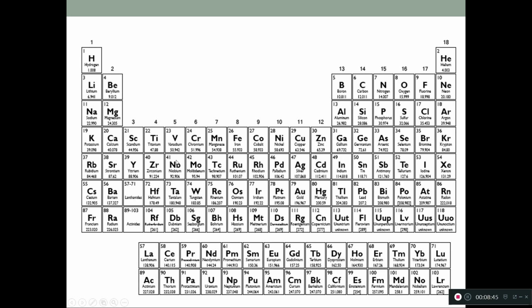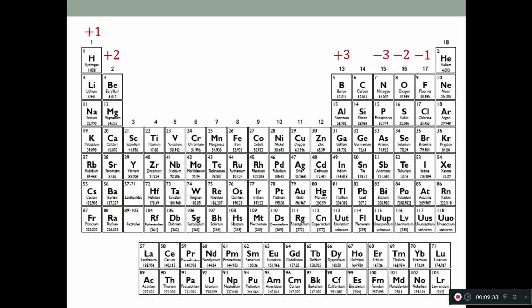So what we see is that we have another regularity in our periodic table where everything in this first column always wants to lose 1 electron to become +1 charged. Everything in the second column wants to lose 2 to become +2 charged. The aluminum column wants to lose 3 to become +3 charged. The carbon, I always call it kind of a wild card because it can kind of go either way with charge. But then when we get to the nitrogen, now it's a -3 charge. So it's going to gain 3 electrons to become -3 charged. The oxygen column is going to gain 2 electrons to become -2 charged. And the halogens will gain 1 electron to become -1 charged.